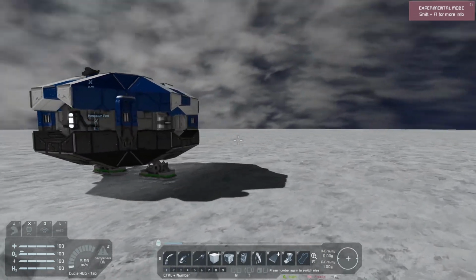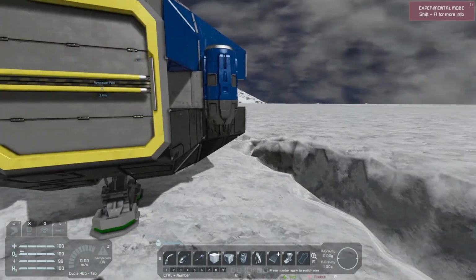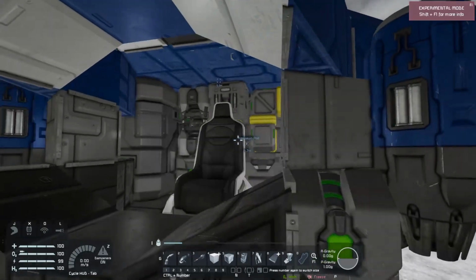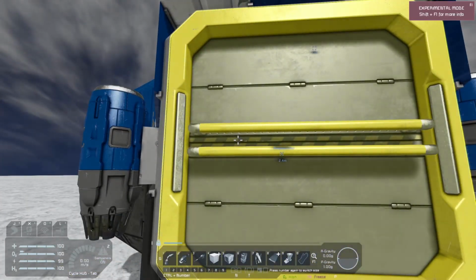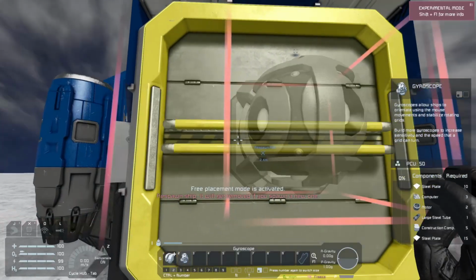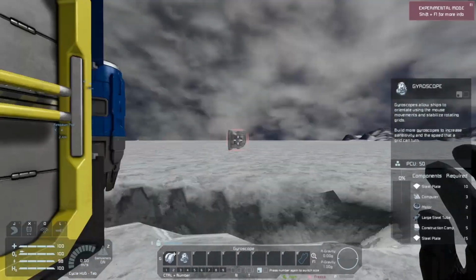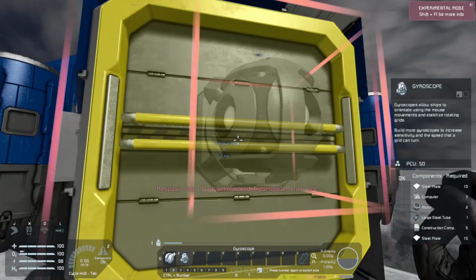So my next plan of attack is to turn a couple of these engines around and get a gyroscope. It's kind of a primary concern right now. That is so quiet. Me anyway. I'm probably overlaying this with music, so